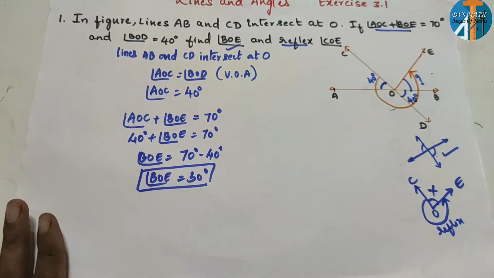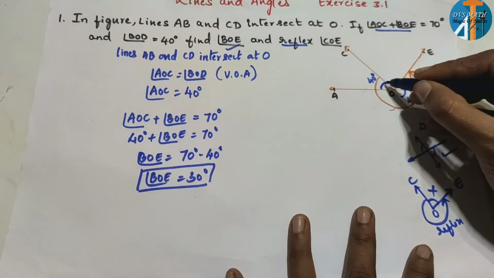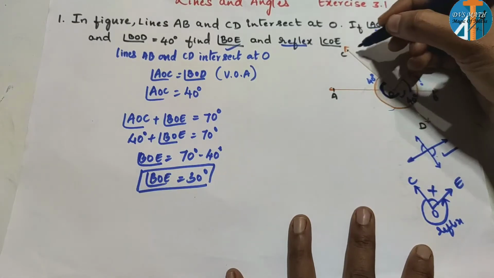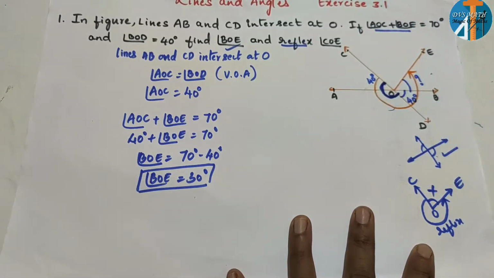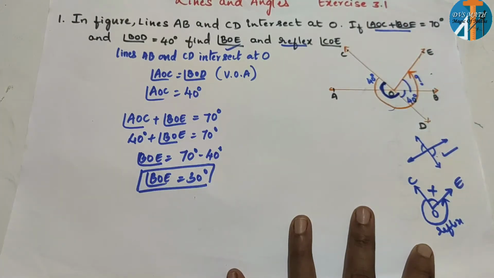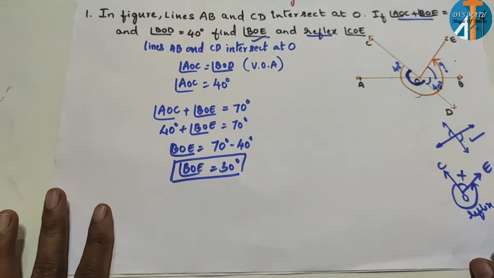So completely, if you observe in this case, observe here this whole angle, how it is seeming like this. Is this a straight line COD? COD is a straight line, right? COD is a complete straight line. What is the angle of a straight line? 180 degrees. So first, let us write here, reflex angle you have to find.